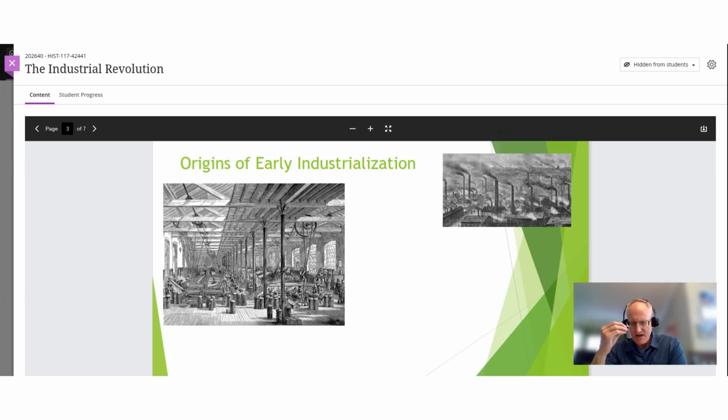Fifth, Britain had a good infrastructure. They had the roads, the bridges, the rivers, and the canals that stitched the country together, both physically, but then also economically as well. It was very easy to move raw materials from their extraction point to the factories and processing plants, usually located in urban centers, very easily, speedily, and at low cost.